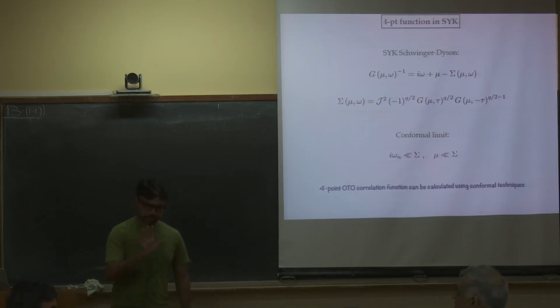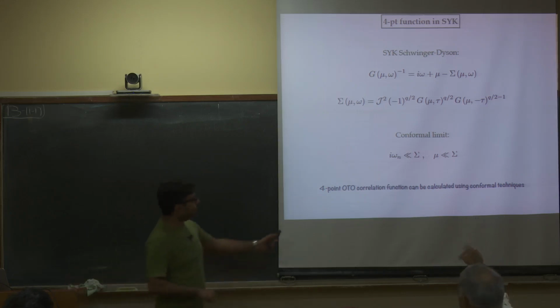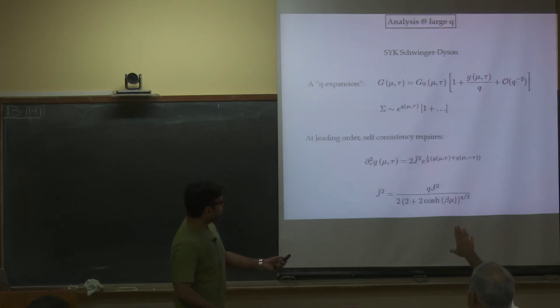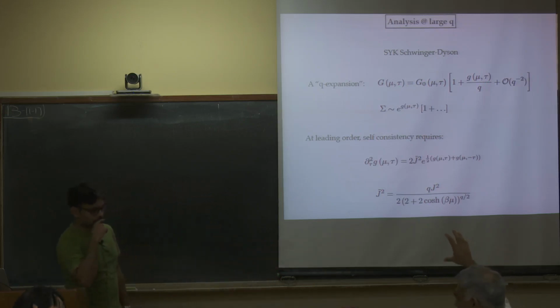Yes, that would be the strict IR, but I don't want to go to the strict IR limit. I thought what you were doing was saying, I'm going to take omega going to 0, drop the I omega, not drop the mu, and then solve. Actually, I have not dropped anything so far, not even I omega. Okay, I understand, but now let us take the omega going to 0 limit. At least in G, I start dropping the omega term, but I can keep mu. You can keep the mu term in sigma, yes.